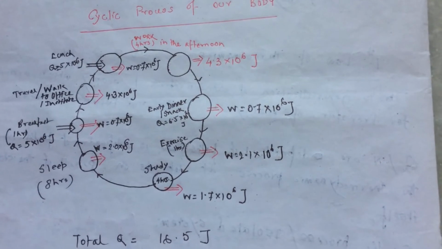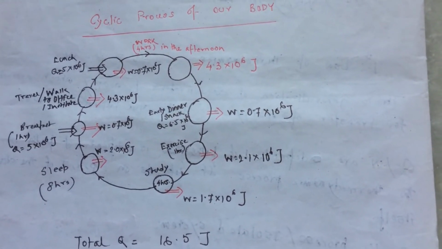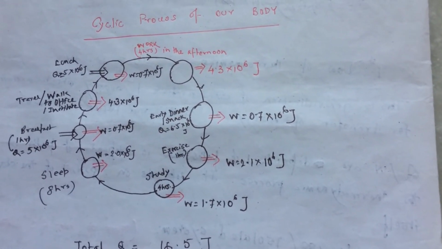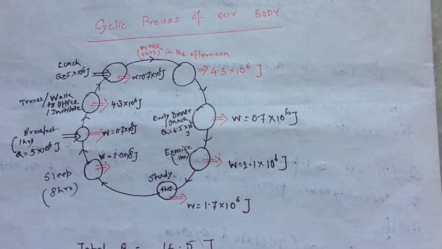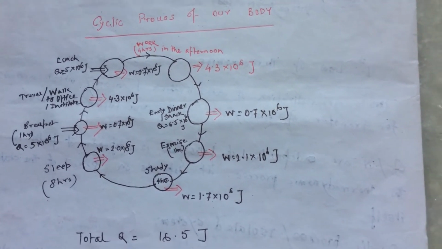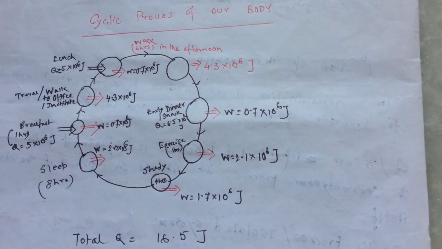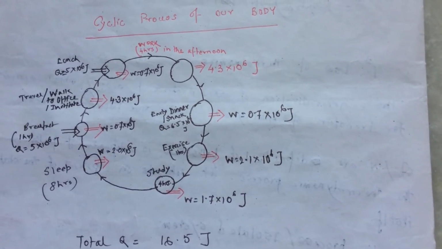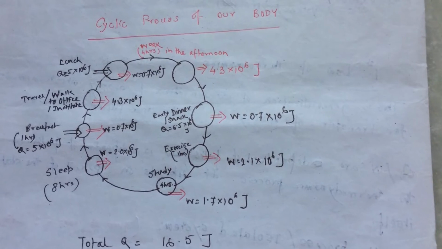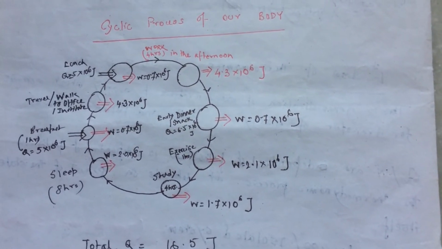Cyclic process বলছে যে যদি আমি Q পরিমাণ তাপ গ্রহণ করি খাবারের মাধ্যমে, আর সেই তাপটা যদি আমি W কৃতকার্যের মাধ্যমে ব্যয় করে দিই, তাহলে Q ইকুয়াল টু W হওয়ার কারণে আমার অভ্যন্তরীণ শক্তির কোনো পরিবর্তন হবে না।